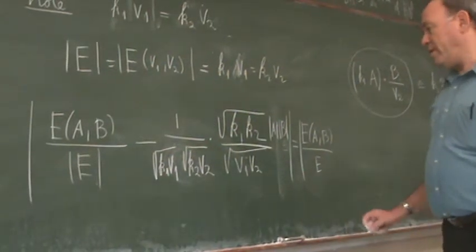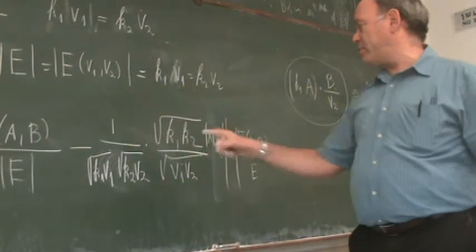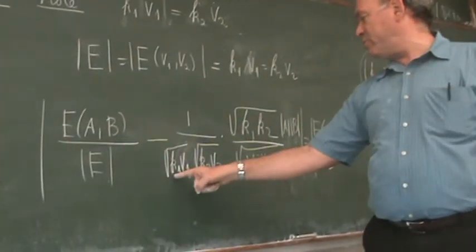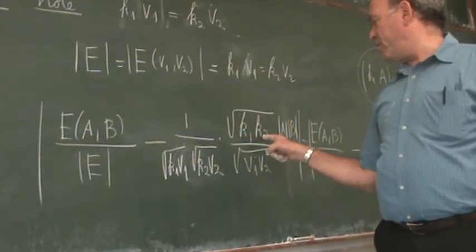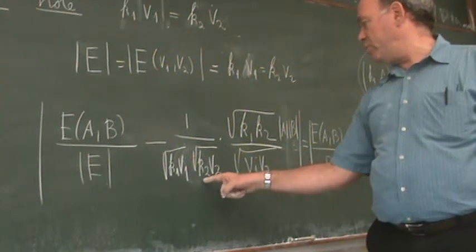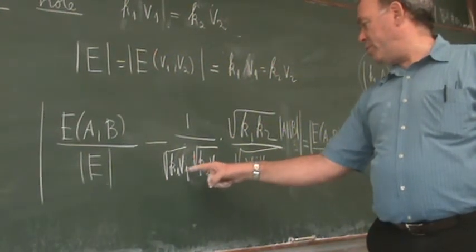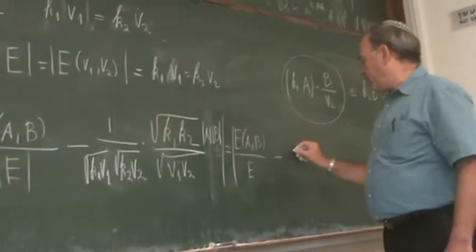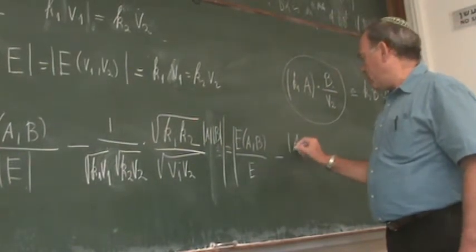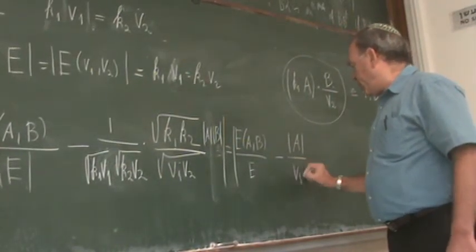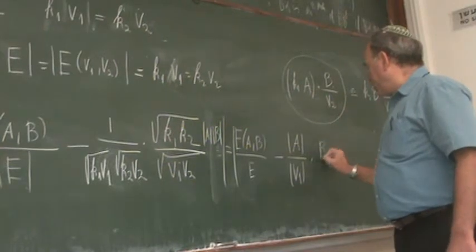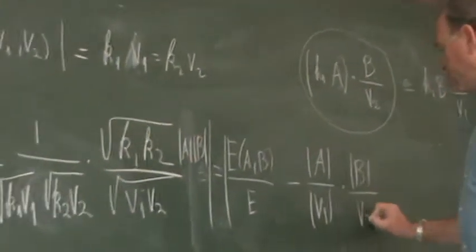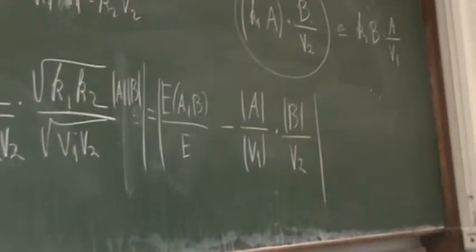So now the square root of K1 goes with the square root of K1, and the square root of K2 goes with the square root of K2. And what we got here is minus A over V1 times B over V2, which is really